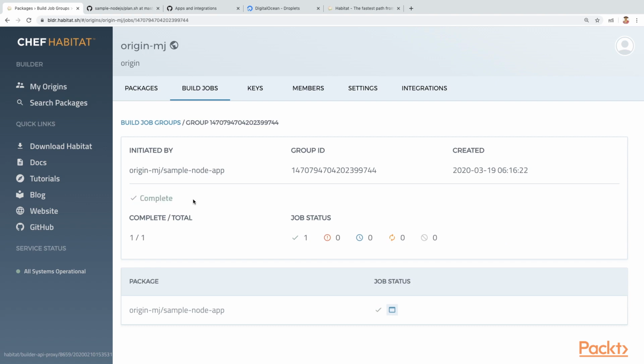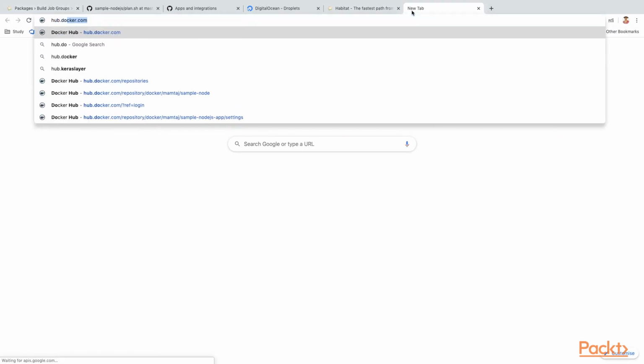Now you're seeing that the build is complete and there is a green tick. The job is completed, the build is a success. Now you can go to hub.docker.com and verify whether, after this build completed, it really pushed an image. So let's log into our hub.docker.com account and verify if the latest image of 1.1.1 was pushed.